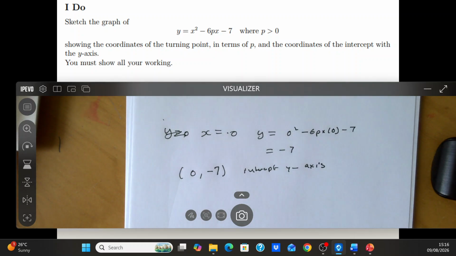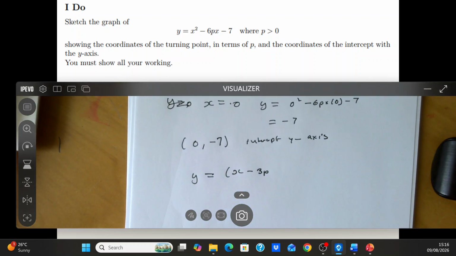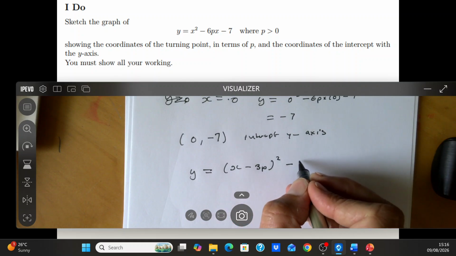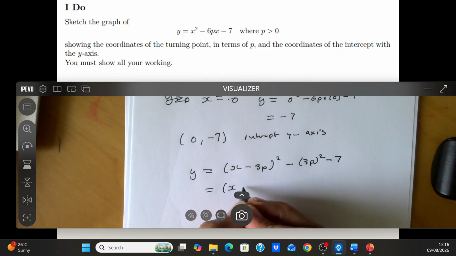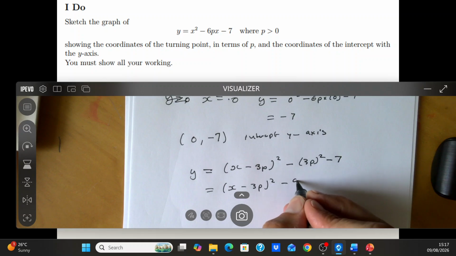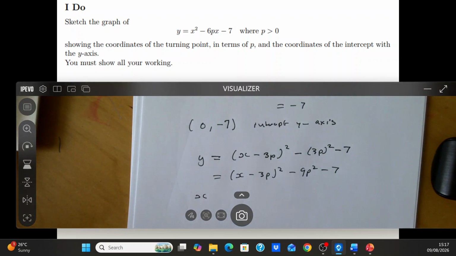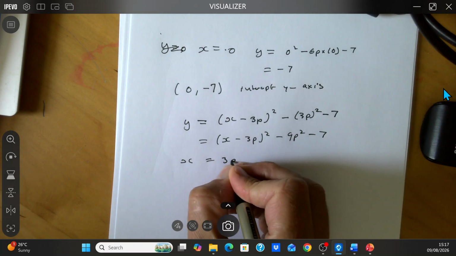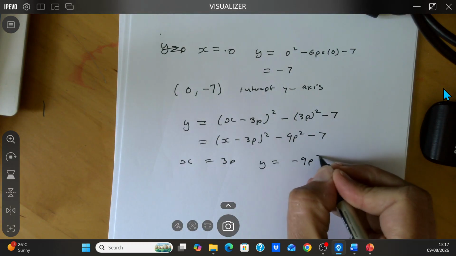Right, the turning point. To find the turning point, we complete the square. So y equals (x minus 3p) squared, take 3p squared, take 7. So where's the turning point, when this is as small as possible? Just going to make this bigger now. So we'll draw the axis. The turning point is when x equals 3p, because that gives you 0, and y equals minus 9p squared